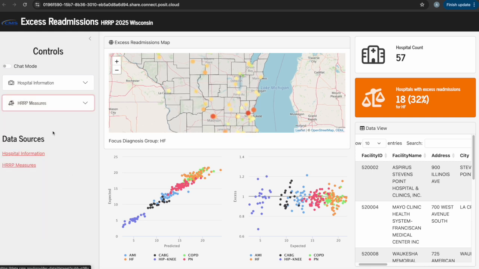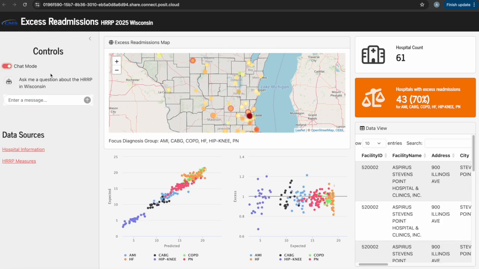So here's where the cool part comes in. I added this little toggle for chat mode, and when I hit that, I'm going to get prompted with just a little chat thing, and all of those manual prompts go away, and now I'm able to chat with the app in natural language instead of using the filters, kind of start exploring the data that way. And so we might say something like,